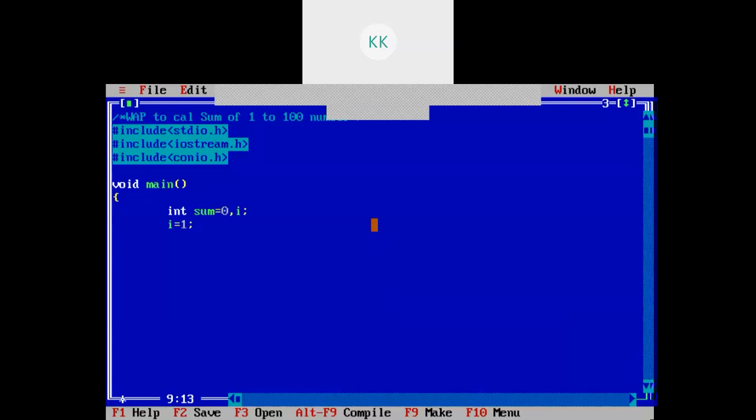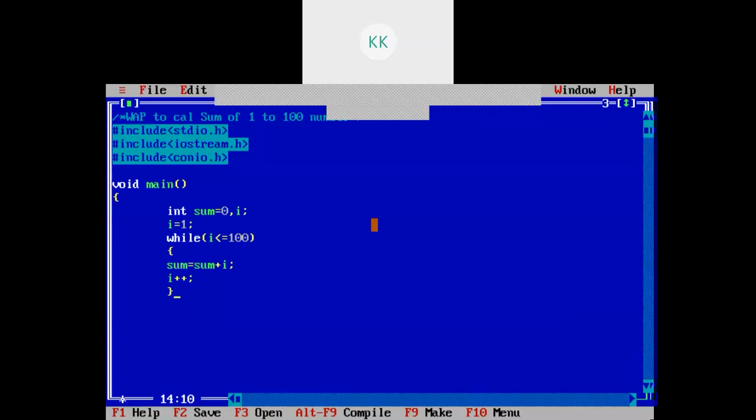So the initial value is 1 and the last value is 100. So I write a while loop, while I is less than equals to 100. Up to 100 I need to go, and inside this I need to calculate the sum. Sum equals to sum plus I. Then the condition satisfier, that is I plus plus, and this while loop I will end.